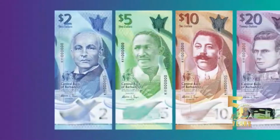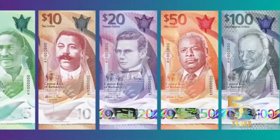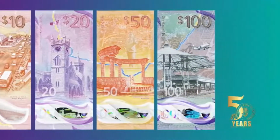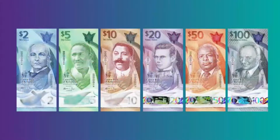One immediately obvious change in the notes is that the design is now vertical rather than horizontal. This new portrait-style orientation allows for a fresh interpretation of the vignettes featured on the back of the notes. Although the main images continue to be related to the people featured on the front of the notes, the perspectives